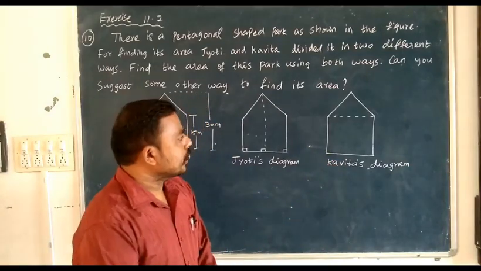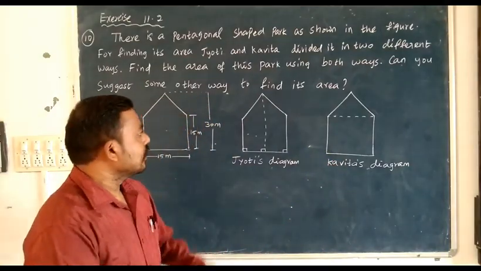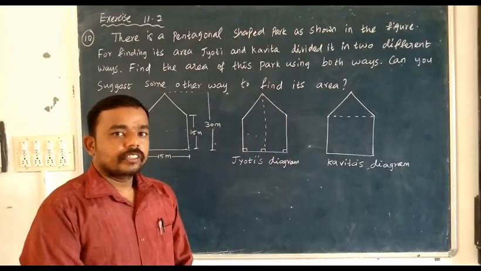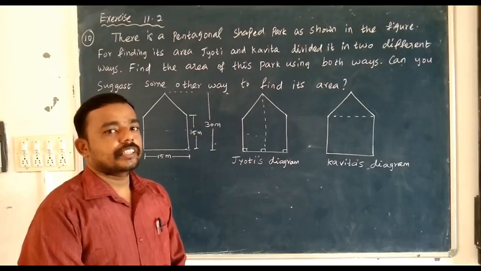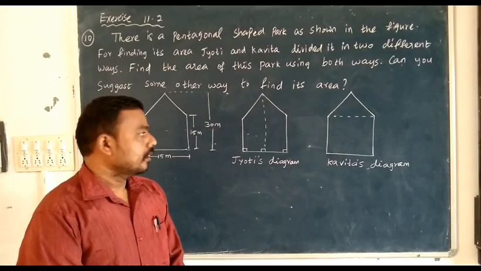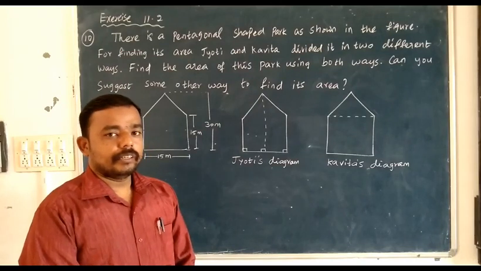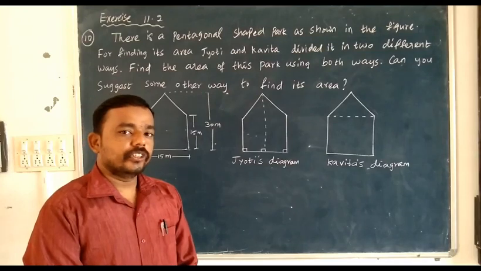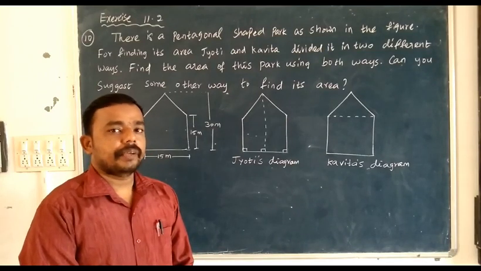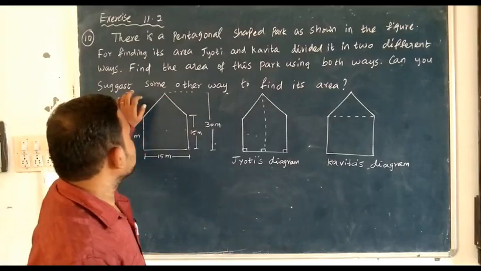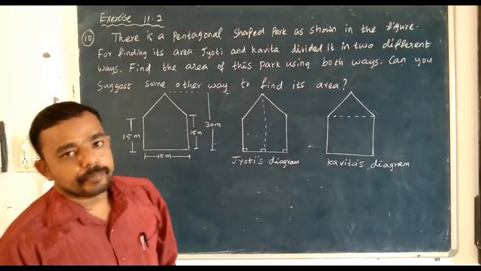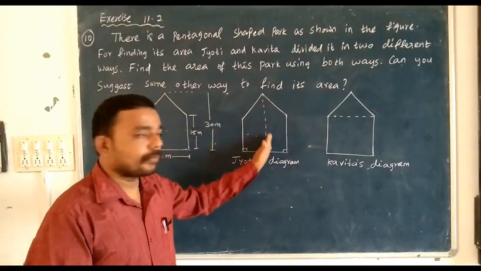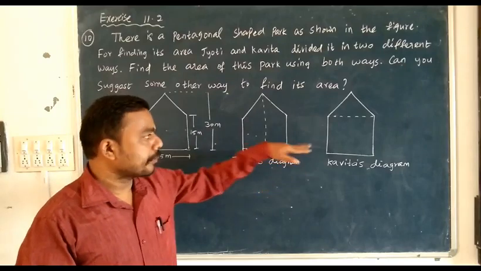So, we need to consider this is a pentagonal shape. Suppose the line introduced means we need to think about which shapes are formed here. For that it may be a trapezium, or it may be square, or it may be rectangle, or it may be triangle. So like that we need to think about the particular shape. So we need to give another suggestion also. If any possibilities are there, we need to give another suggestion. That is another line. What are the possible lines we can use to divide the particular diagram.